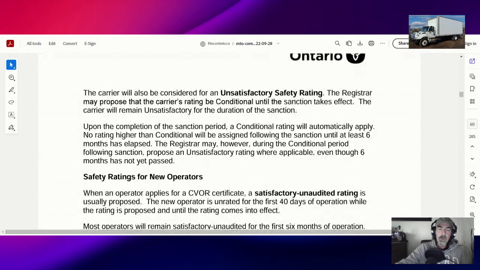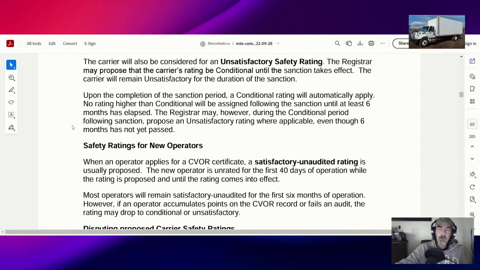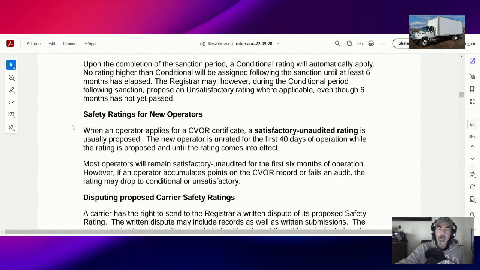The carrier will also be considered for an unsatisfactory safety rating. The registrar may propose the carrier's rating be conditional until the sanction takes effect. The carrier will remain unsatisfactory for the duration of the sanction. Upon the completion of the sanction period, a conditional rating will automatically apply. No rating higher than conditional will be assigned following the sanction until at least 6 months has elapsed. The registrar may, however, during the conditional period following sanctions, propose an unsatisfactory rating where applicable, even though 6 months